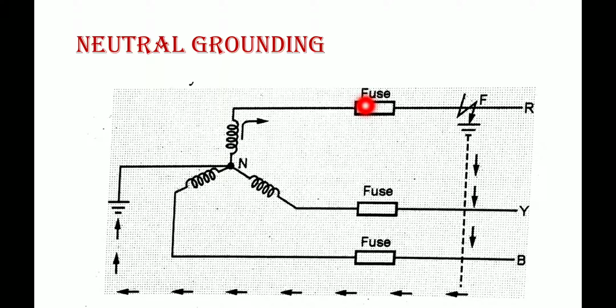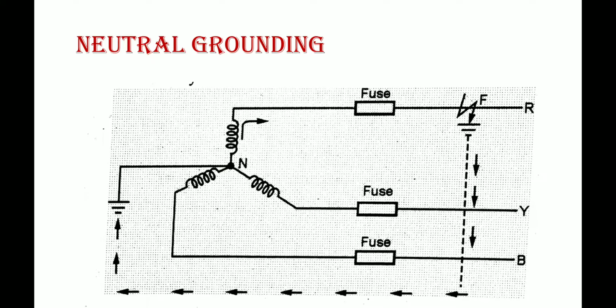So then what will happen? This current will not go further itself. Here only the current is going to be nullified. So that is the reason this will protect the system from harmful effects itself. For example, as I told here, either damage to the equipment or electrical shock to the personnel from the fault itself. So this is all about neutral grounding.